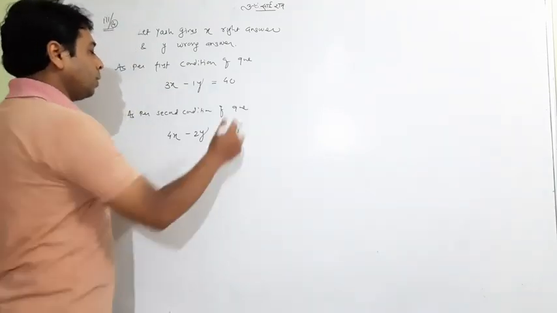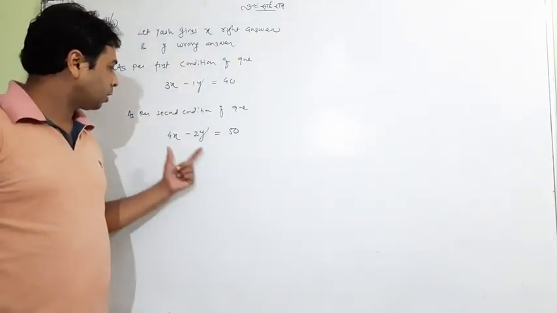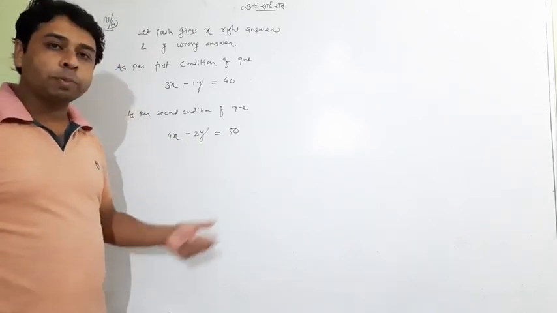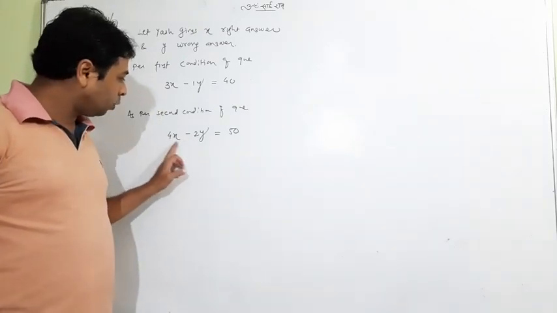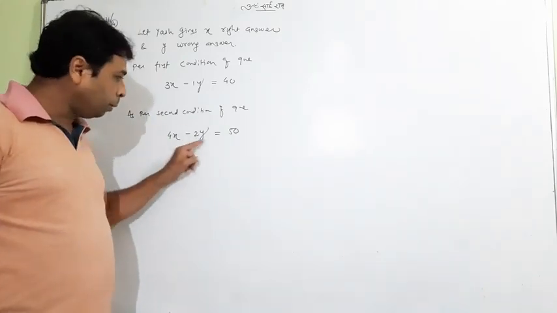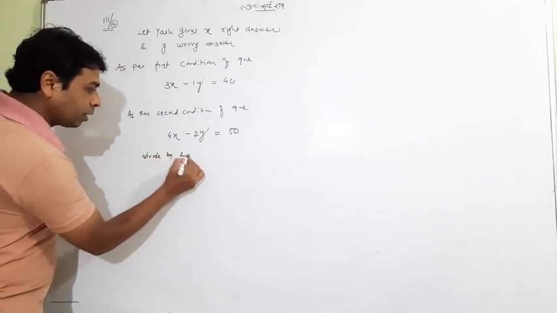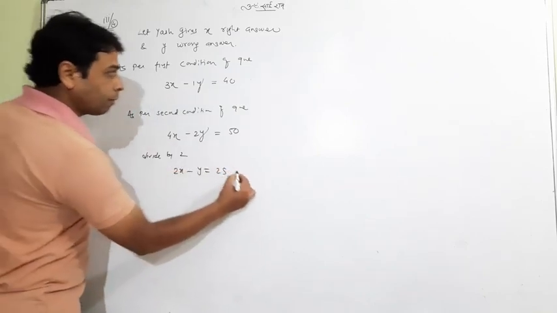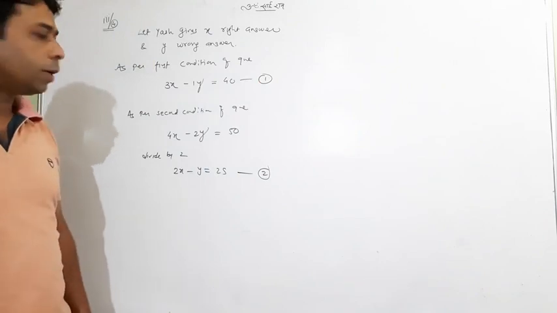Now we have these two equations, first and second. Students, I want to say something important: this is 4, this is 2, and this is 50, all can be reduced by dividing by 2. If you can see that the coefficients of X and Y and also the constant are divisible by any number, you can do it. You can divide by 2 and reduce it. You can write 2x, you can write y, you can write 25. This is equation number 2, this is equation number 1. There's nothing special now in this question. Now it's very easy for one and all.